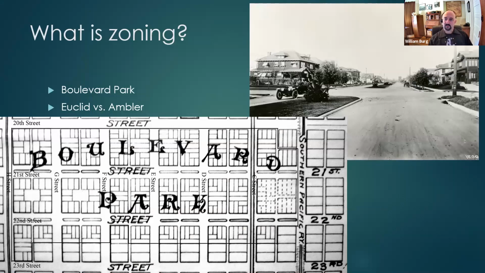In the 20th century, Sacramento started building new suburbs and redeveloping portions of the city. And the first one that had specific rules that we would call zoning today: limitations on uses, requirements for setbacks, maximum building heights, and other standards for what the neighborhood should look like in advance of its construction, was Boulevard Park. Now, this was the site of the California State Fairgrounds from the 1860s until the early 1900s.